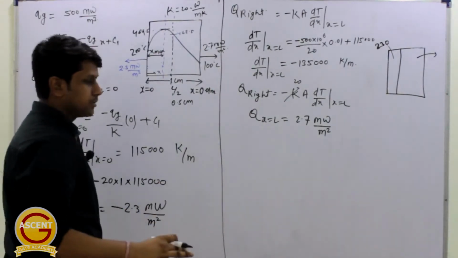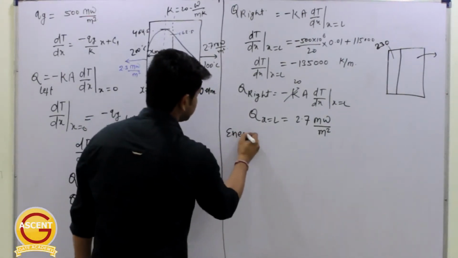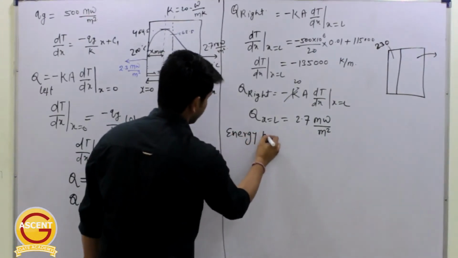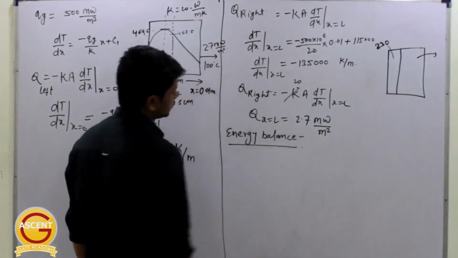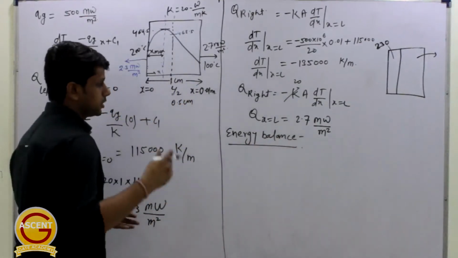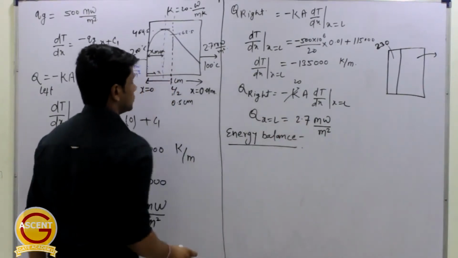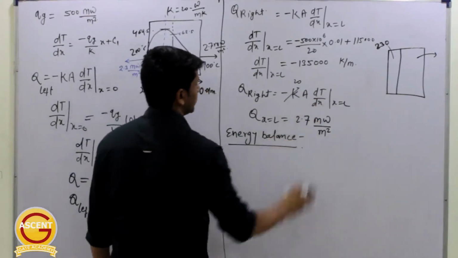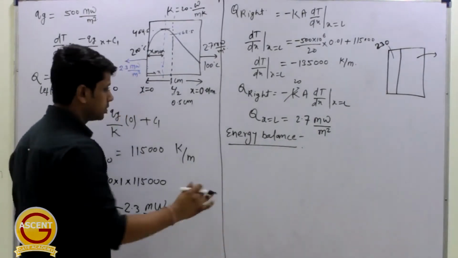From the heat balance equation also we can see this value. So from energy balance, see, I am telling you the different methods. You can follow whichever one you prefer, right? So this one should be preferred because you can easily calculate the dt by dx values. But just to prove this energy balance correct, we are doing this.